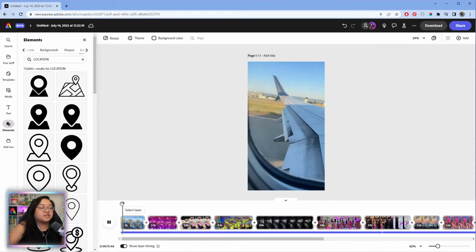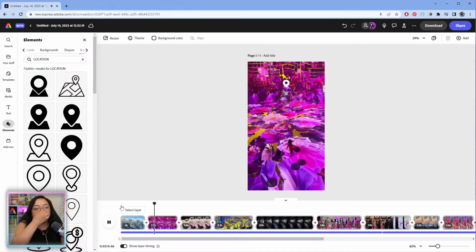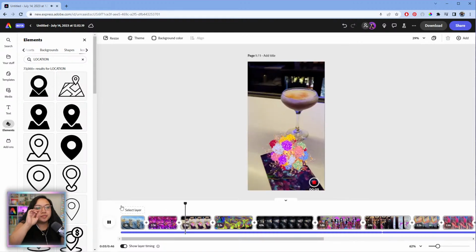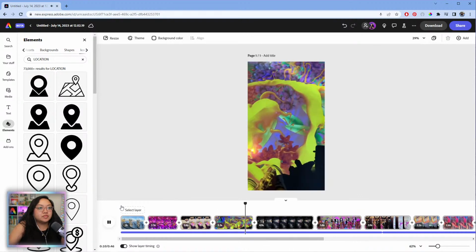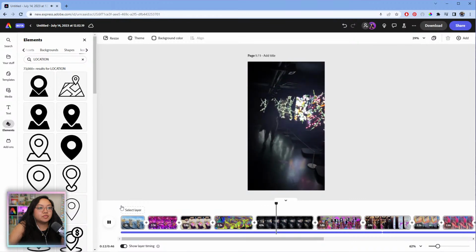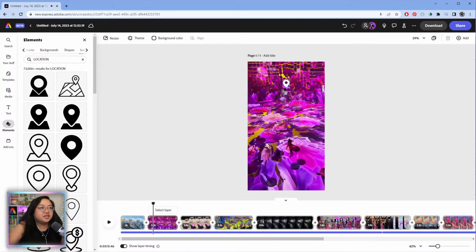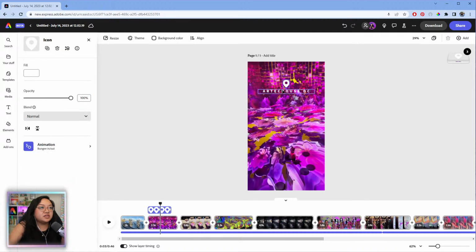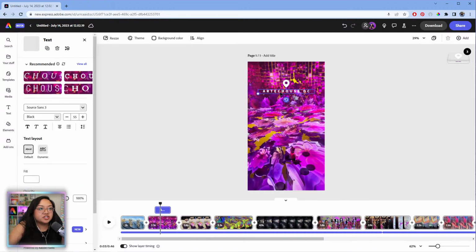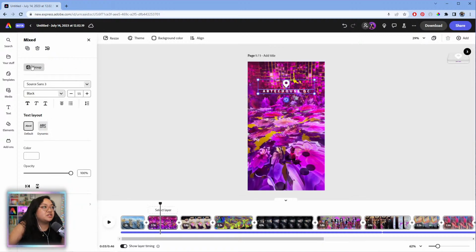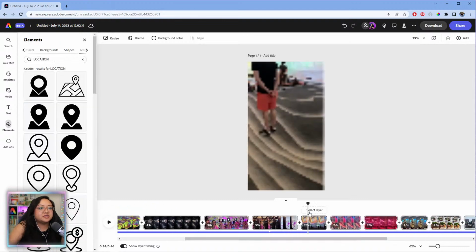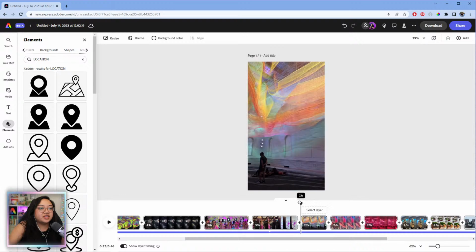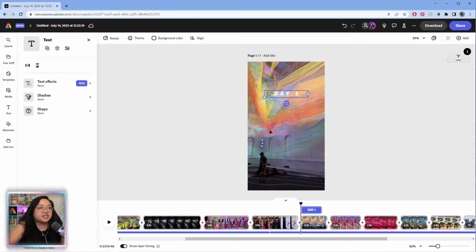Okay, so we have this. Cool. We have what we need. So now I'm just going to take this location thing that I made. I'm going to group them together, and then we're going to copy it, and then go to the next location over here and just paste it in.